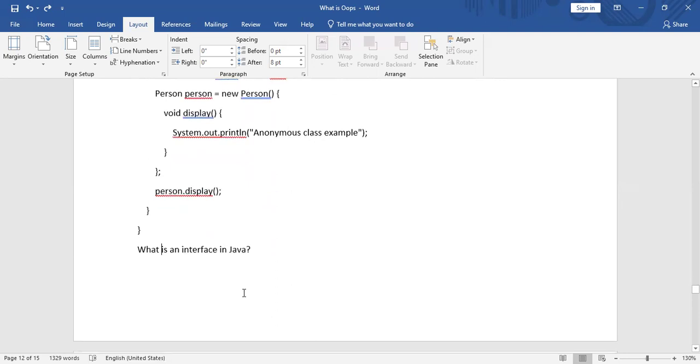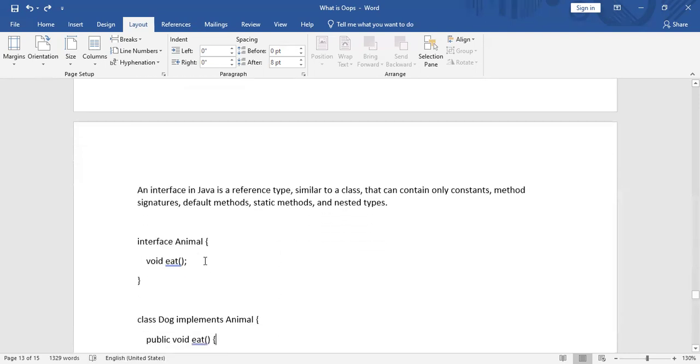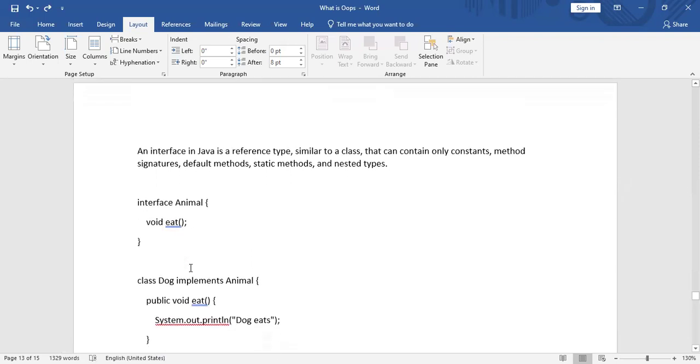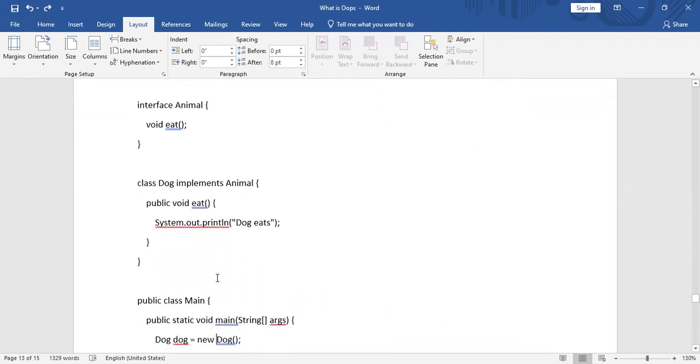And then what is an interface in Java? An interface in Java is a reference type similar to a class that can contain only constants. Means variables will be public static final, methods will be abstract, method signatures, default methods, static methods, and nested types. As I discussed previously, default methods and static methods are allowed from Java 8 onwards, and for method signatures we need to declare only. Previously we saw only abstract methods; by default it is abstract, so the compiler will add public abstract to this method, and we need to provide the implementation of each